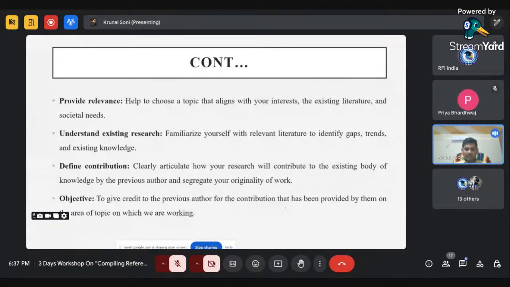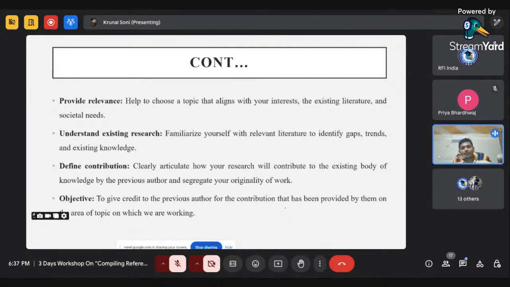So contribution means, see, in social science, we are not the inventors, we are not inventing certain laws, we are not inventing some new things. But in social science, what we are doing is trying to prove and check one element against others. If we have checked one element over here, we want to see the other element on the other side. So we are trying to explore